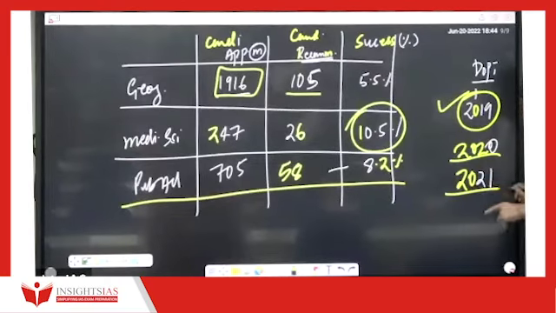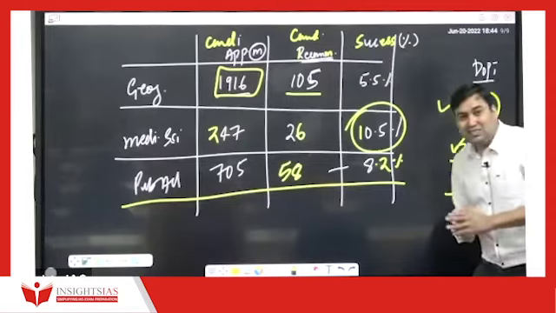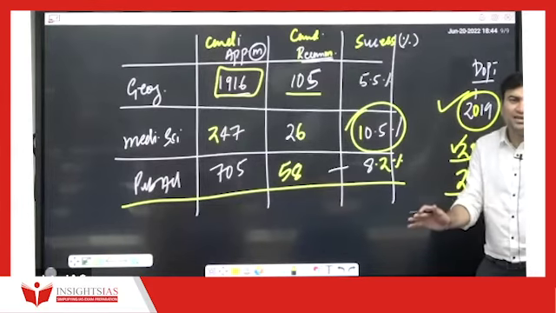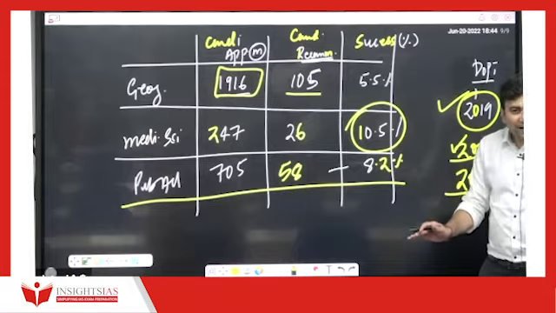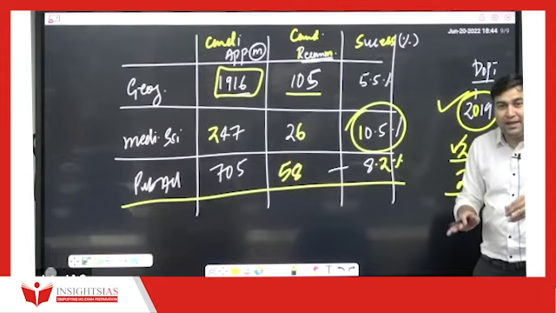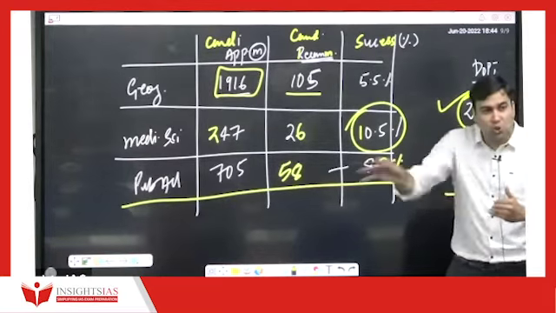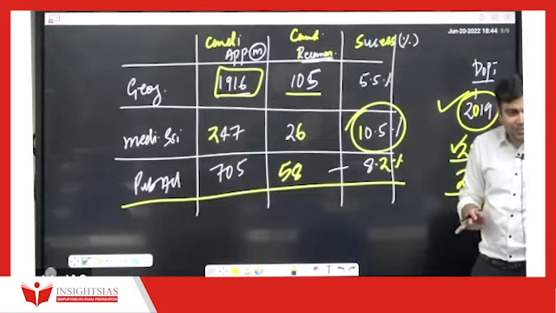Both the years, geography results this year were very good with respect to this also. That means geography, as people say, had lost its sheen. ऐसा कुछ भी नहीं है guys. It's because the students are not preparing and they're attributing their failure to geography. This is what is happening.